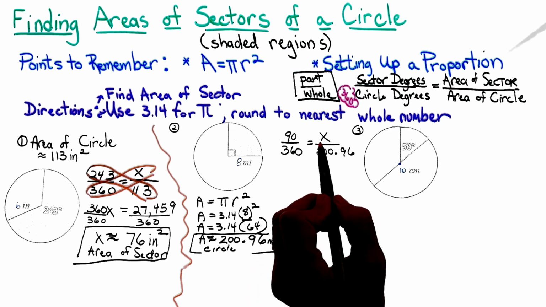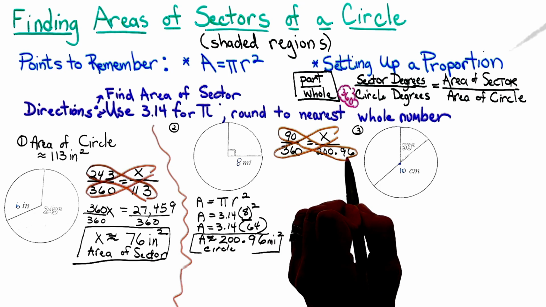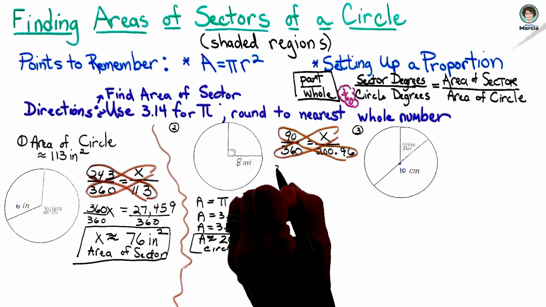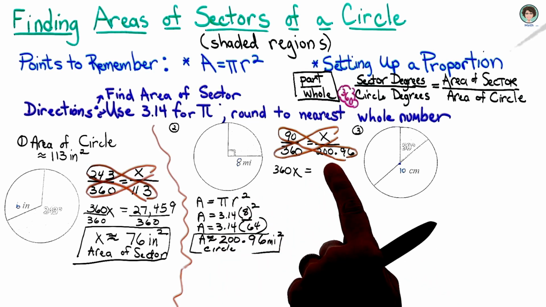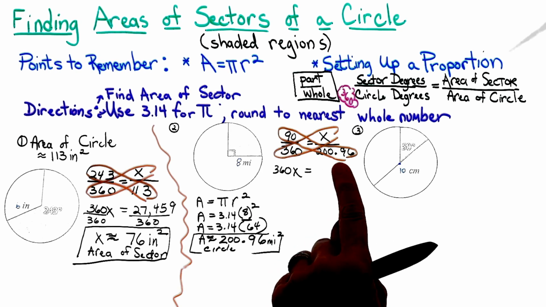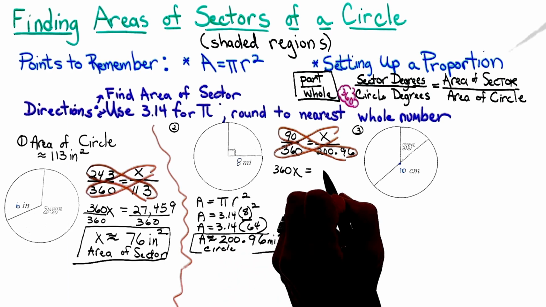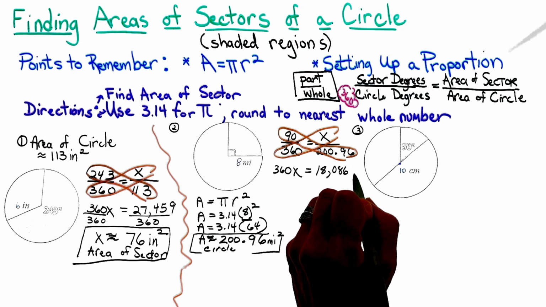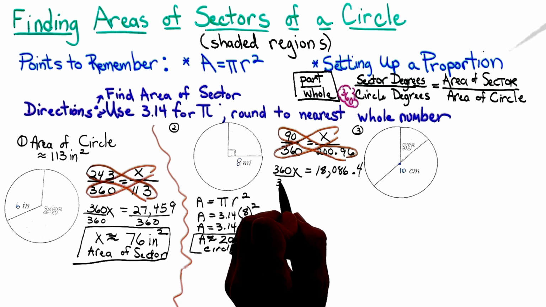Again, we're going to do our cross products. That's how we solve proportions. So it is 360x equals, now I'm going to multiply my 200.96 times my 90, and I get 18,086.4. The very last step, of course, we're going to divide both sides by